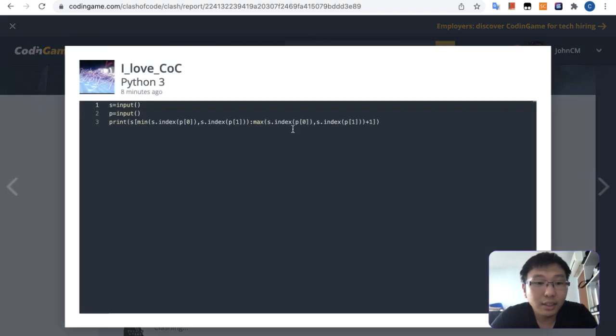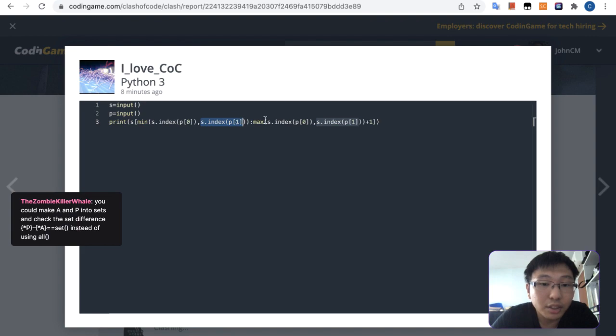Let's see. s min index p0, s dot index p1, s dot index p0, s dot index p1 plus 1. Oh, interesting. You don't need to do a for loop. You can just do the index. So you take the index of these two. Yeah, that's very smart. That's very smart. Yes. But P is only